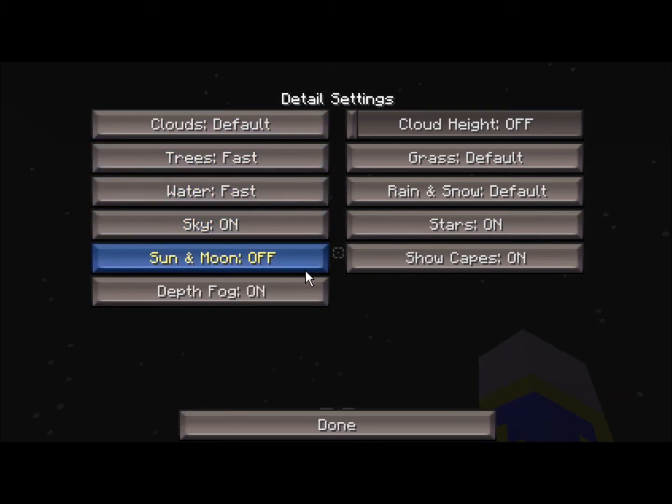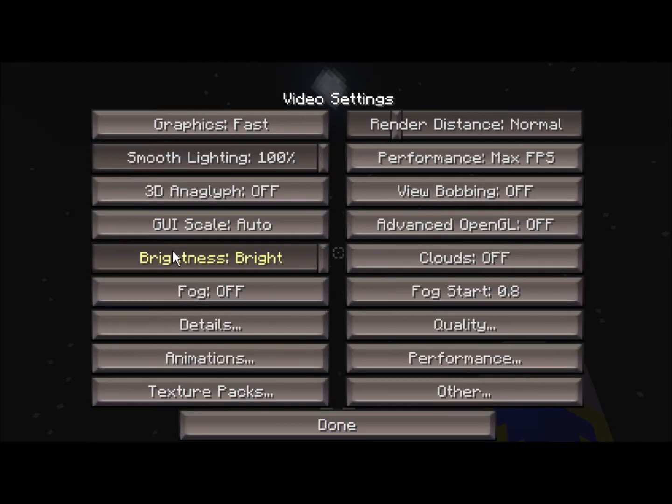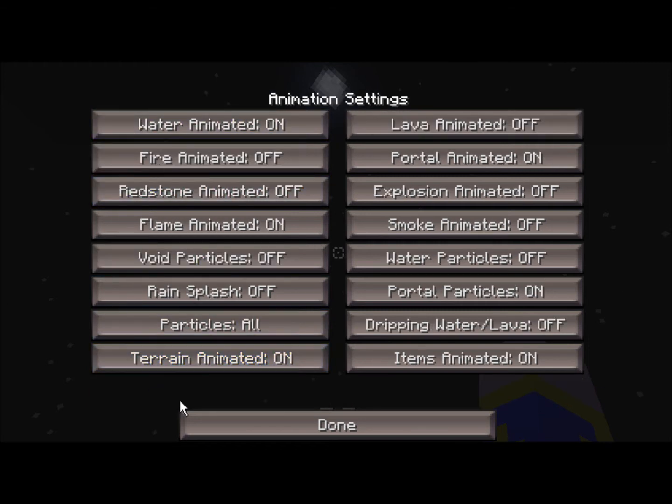Sky on and sun moon. Okay, so going back, now you have animations. This is one of my favorite tabs in the entire thing because I like having complete control over what particles I see in Minecraft and what particles I don't see. So you got water animated, fire,